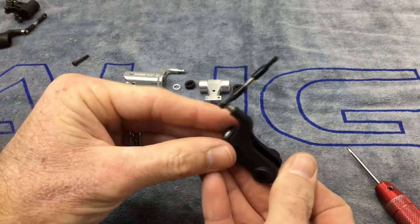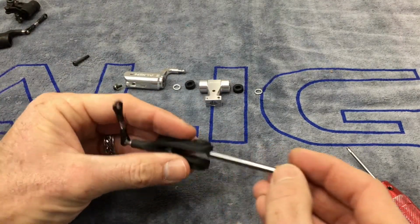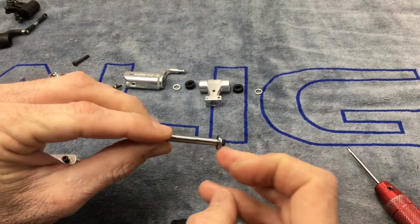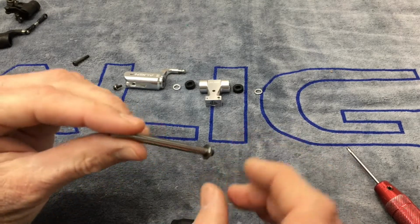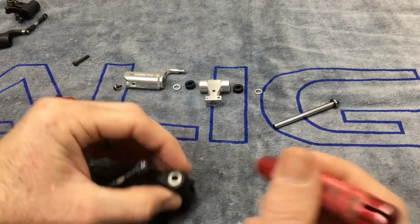And again, we're going to do this one the same way. So we're going to take our shim, put it there. We don't need to take this bolt off here or this side of the race because this is going right back into the helicopter. So then we are going to knock this side apart